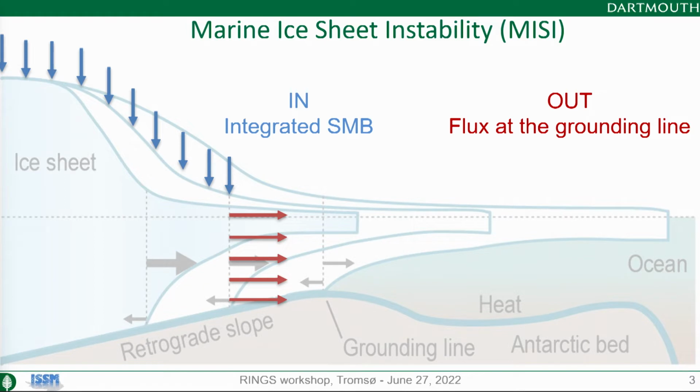So we have ice speed, we have some thickness, and if we want the glacier to be in steady state and to not retreat, we need a perfect balance between the addition of mass through snowfall and the loss of mass through flux of ice through the grounding line. In the case of a retrograde bed slope, if for some reason, for example the intrusion of warm water over the continental shelf melting the ice, we retreat the grounding line by a few kilometers,